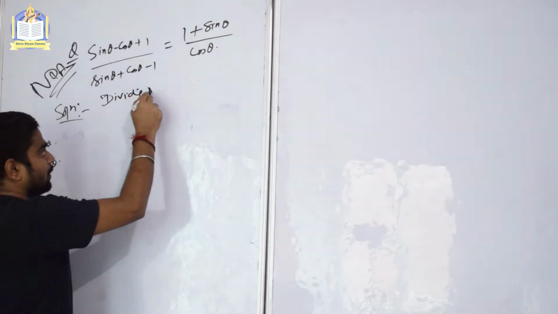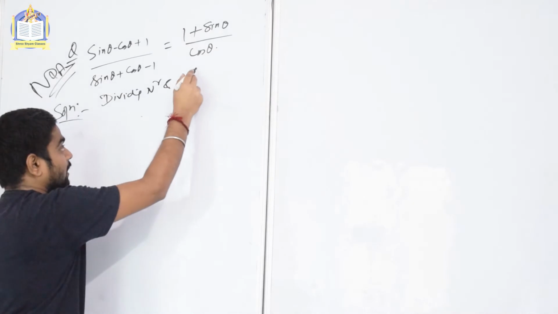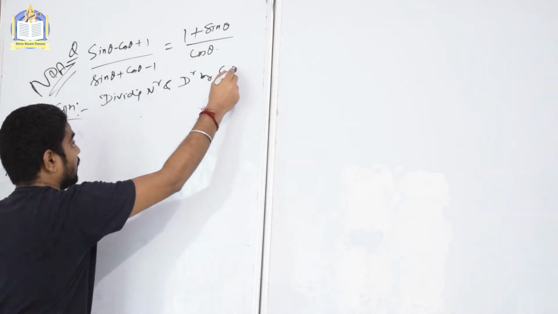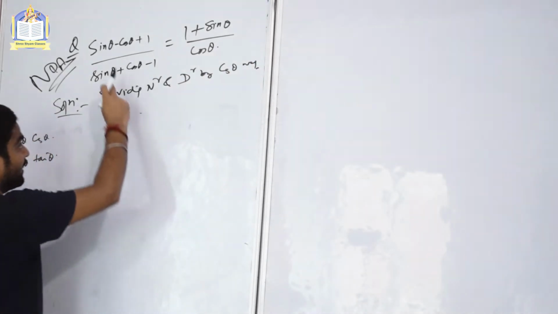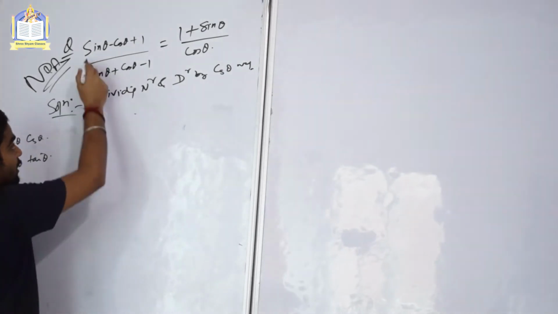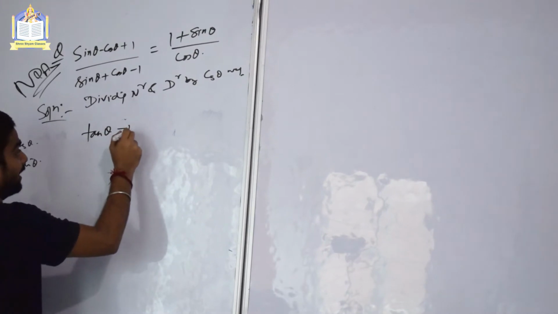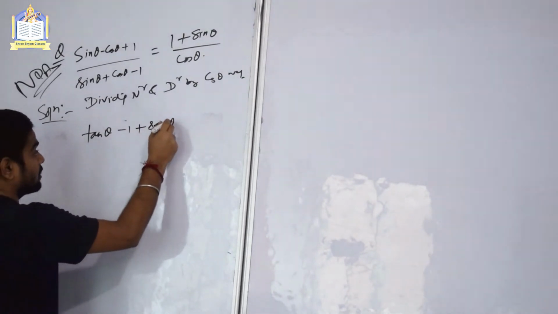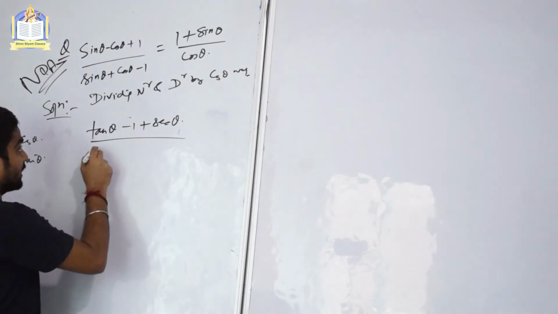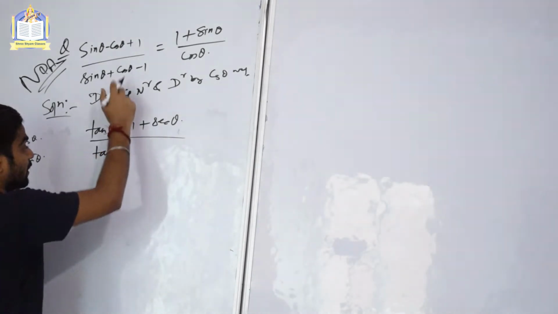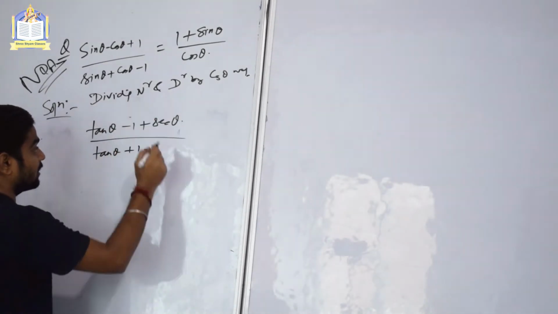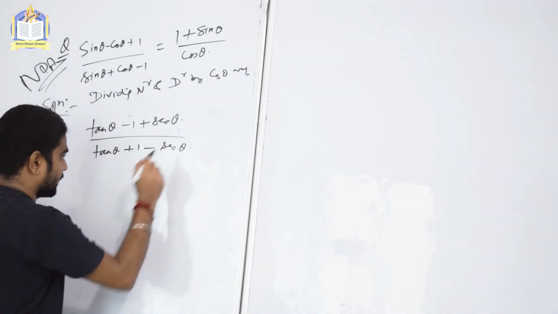Dividing numerator and denominator by cos theta we get, so sin by cos is tan theta, cos by cos is 1, and 1 by cos is sec theta, right? Sin by cos again is tan theta, cos theta by cos theta is again 1, and 1 by cos theta is sec theta. Okay, now